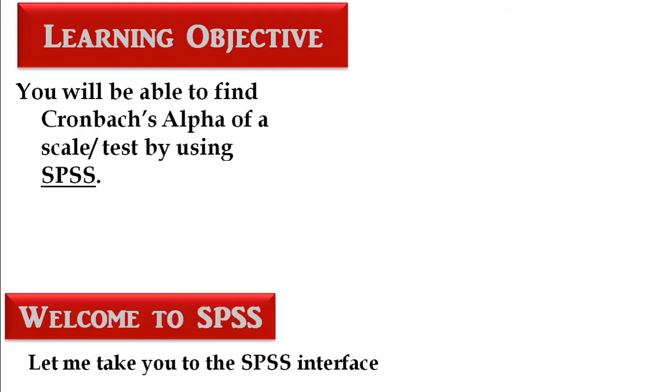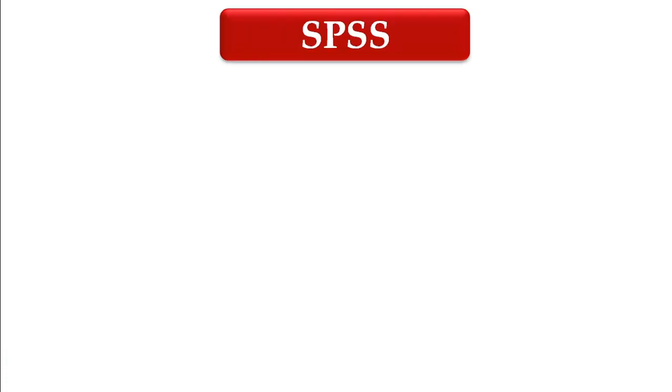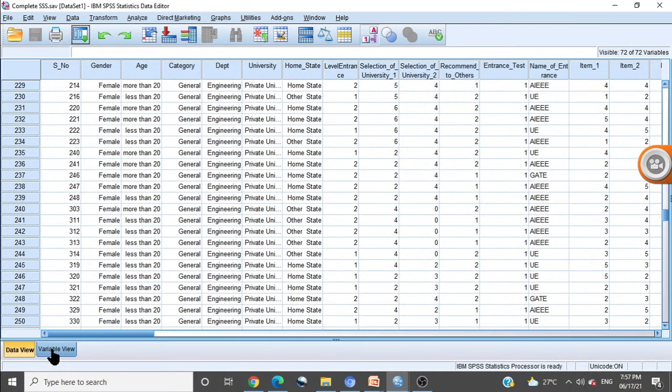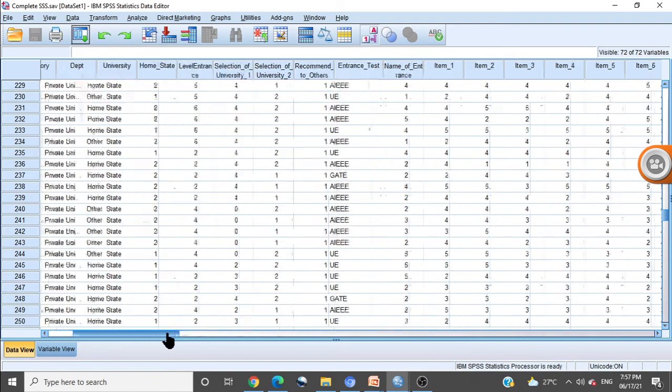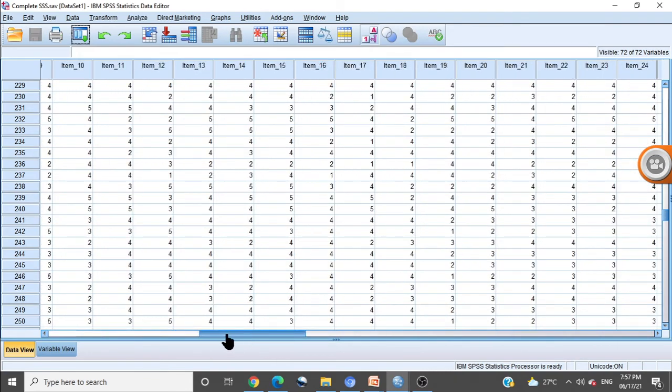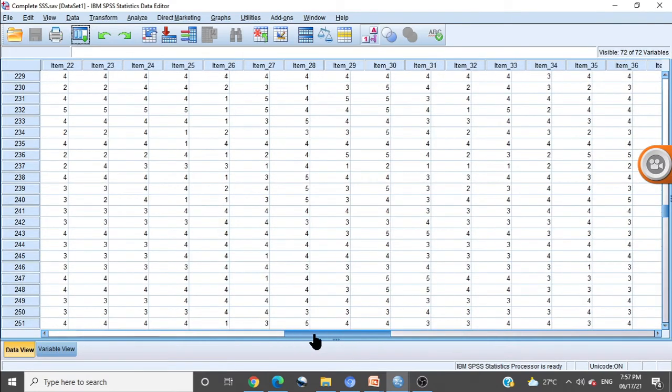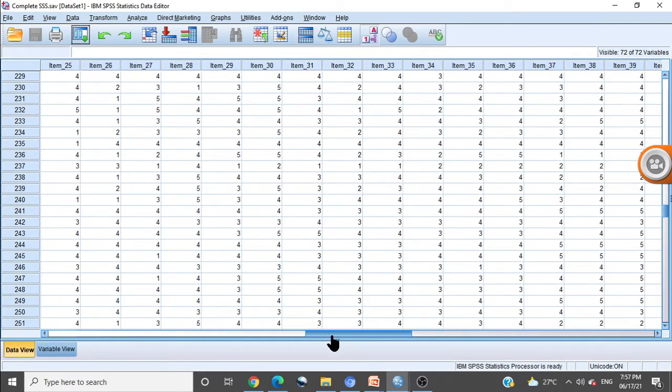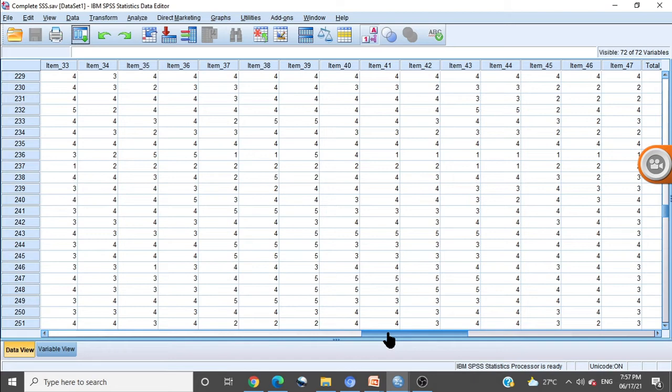Welcome to the SPSS interface. Let me take you to the SPSS interface. So here we have the SPSS interface. It has two views, data view and variable view. So this is the data view. In this data view, you can see we have some questions. So we will take 46 questions out of a total of 47 questions. Why 46?